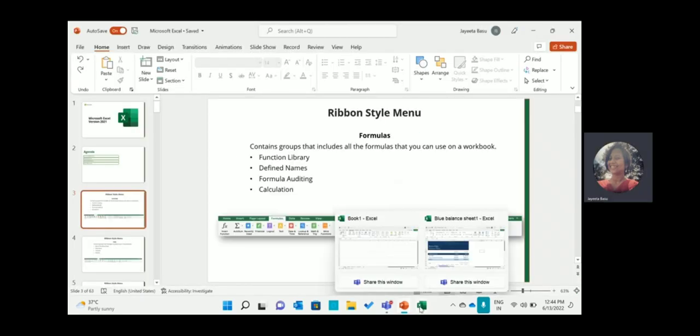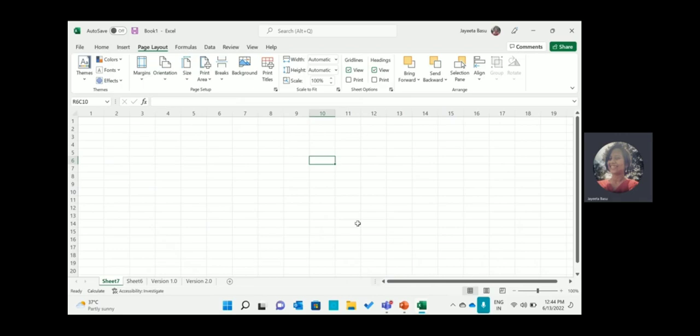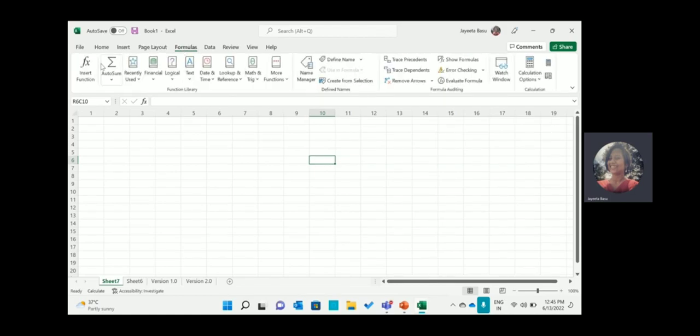So we will go back to the Microsoft Excel workbook which we were working with, and just beside page layout you will be able to look at formulas ribbon menu. Once you click to formulas ribbon menu, the first thing you see is insert a function. Then there is function library. For example, there is auto sum where you can do sum, average, count number, maximum, minimum, and there are more functions. There is recently used where you have the basic ones: sum, average, if, hyperlink, count, max, sin, sum if, pmt,